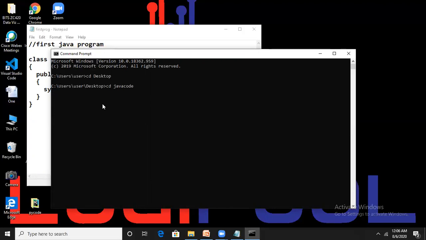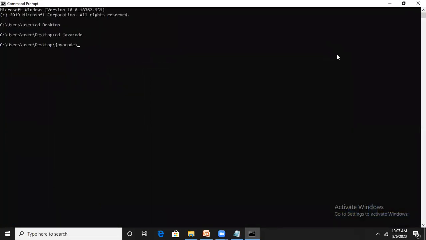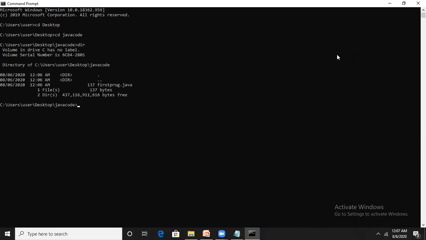Automatically the DOS will complete the command. Enter. Now I am in the Java code folder. Type dir. This folder contains only one file, that is FirstProgram.java.